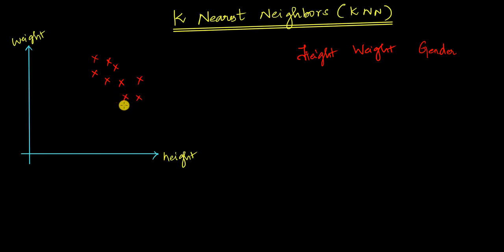So these red points, I'm plotting for the male students. So it will be something like this. And I'll plot the female students as well. So the female students' heights and weights are in green color, just for identification. And we can clearly see from here that the female students are kind of lesser in height and weight when compared to the male students.